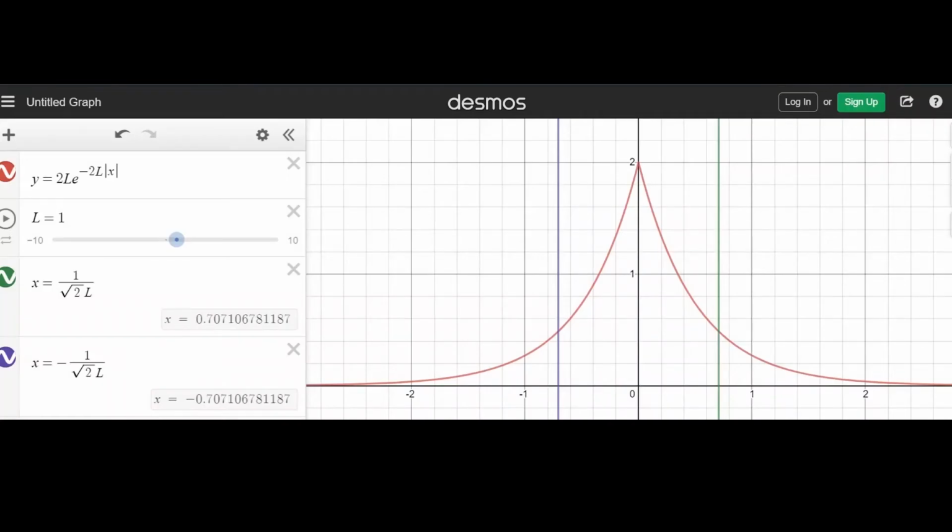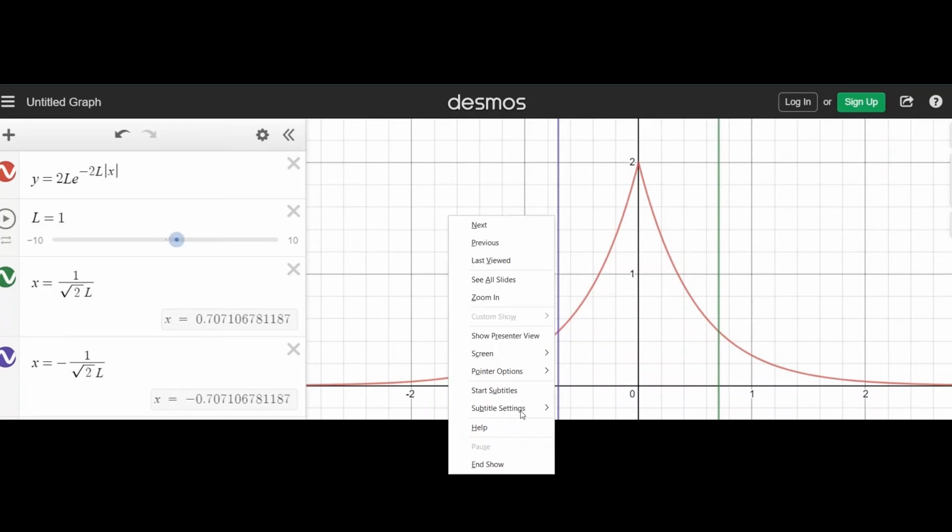This time we used Desmos, not Mathematica. And we just arbitrarily set lambda, or L, called it L in this case, equal to 1. And you can see that these two bounds, the purple and green lines, are plus sigma and minus sigma. And what we want to do then, in the last little add-on that we have here,